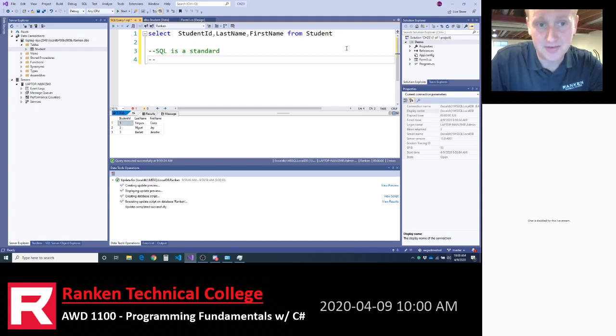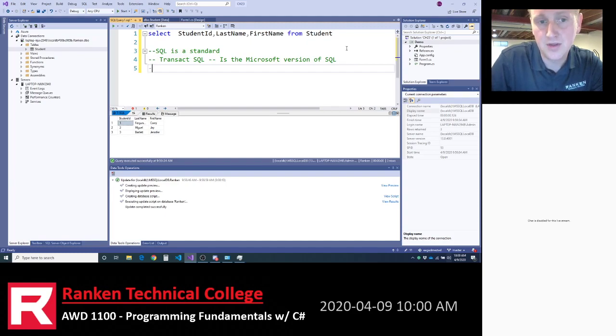So SQL is the standard. Depending on your database, there are different versions of SQL. Transact SQL is the Microsoft version of SQL. Microsoft took the standard and implemented it into a language called Transact SQL.